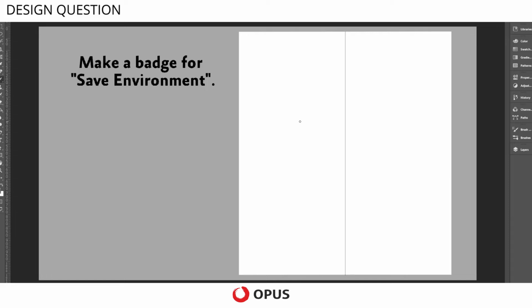Here we are going to solve this question which states: make a badge for safe environment. So first we will try to create the basic shape of the badge, which can be circular, and we will draw it a little larger. You can give other shapes too, but here we are trying to solve it with a circular shape,